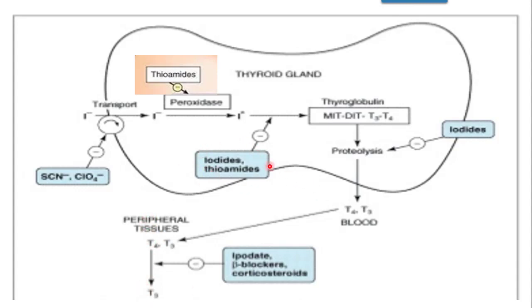Next are iodides and thioamides. Again they have an effect on the thyroid gland. So this iodine will not be received by thyroglobulin. That means iodine and thyroglobulin, which should be combined, that combination will not occur. So this step will get inhibited, and iodides are again working on the proteolysis mechanism, where there is no breakdown between the globulin and the thyroid hormones. Because of inhibition of this step, thyroid hormones will not be released. So this is the cumulative mechanism of action of antithyroid drugs.